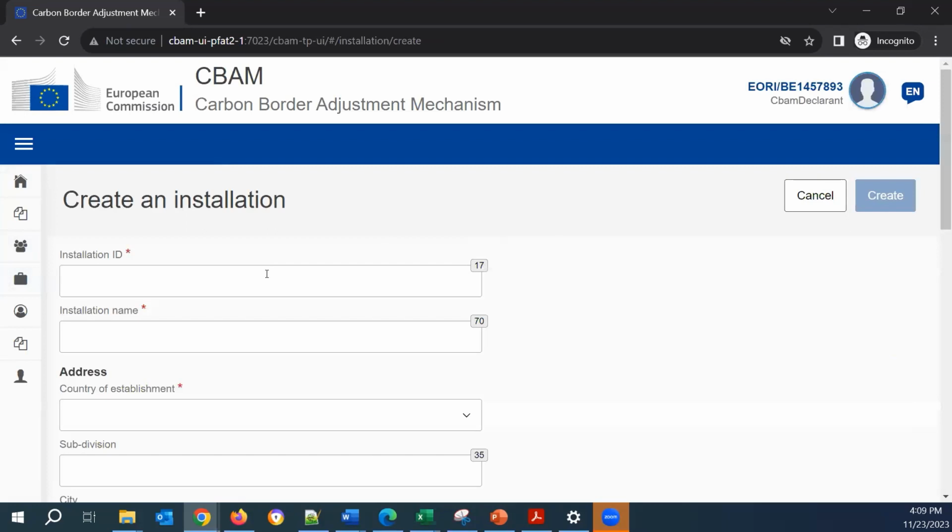I press the create button. The ID again is of my imagination. The installation name is CBAM Manufacturing Kumano. The country of establishment is Japan.